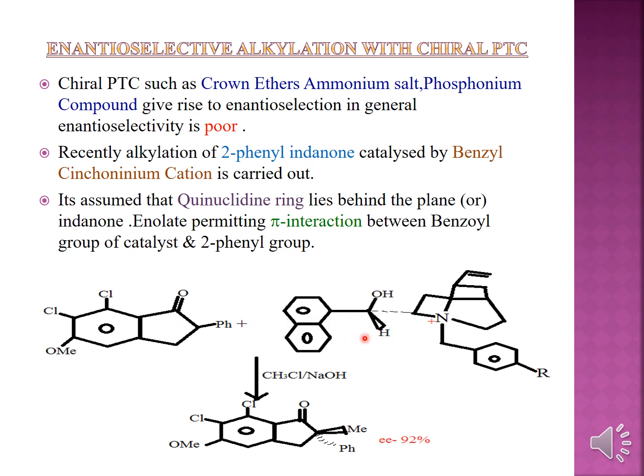I will show you in the next slide the pi stacking interaction between this and this. There is a benzyl cation formation over there at the cinchonium cation, and then that will lead to the formation of your product, resulting in an enantiomeric excess of 92%. The phenyl goes down below the plane, and the methyl group comes and attacks above the plane, so you will result in this molecule. Okay, and then moving on to the next slide,